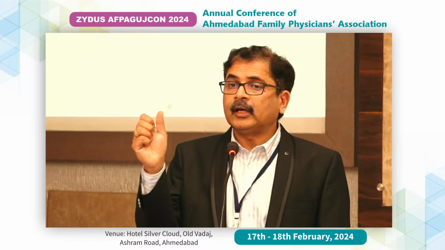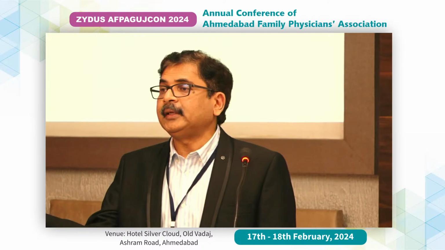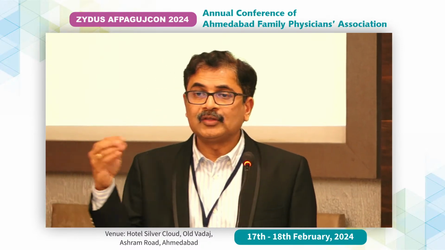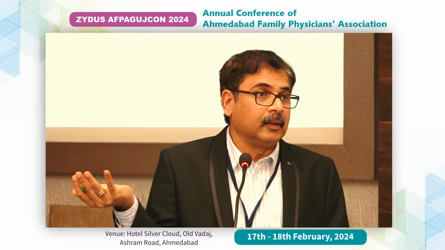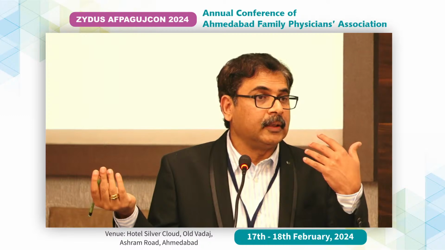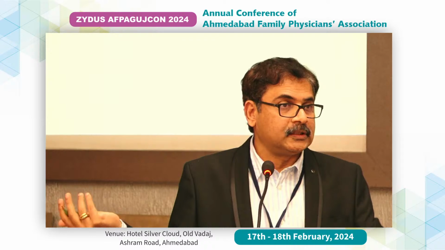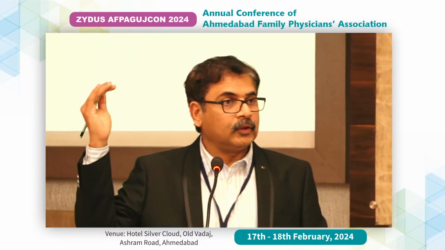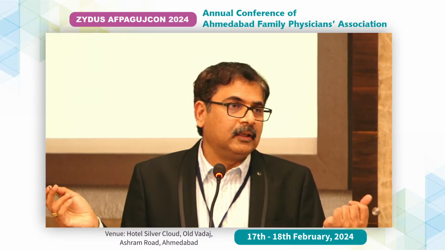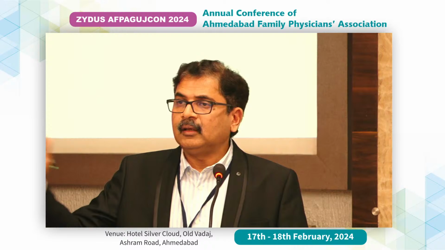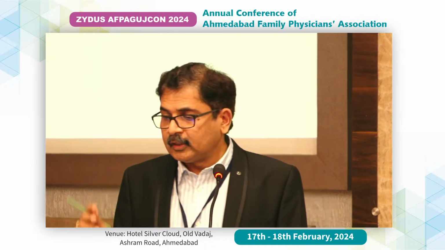It's good to get a CBC to look at the platelet count, do a simple bleeding time to rule out platelet dysfunction, PT, APTT, simple tests easily available, because sometimes mild von Willebrand or mild hemophilia will get missed and then the patient goes and bleeds on the table. We've had so many instances where a patient goes for tonsillectomy and then they say the bleeding doesn't stop at all. Then you realize that the APTT was prolonged, nobody checked, and then the call comes to the hematologist saying come and control the bleeding. So it's something which is preventable. And these are very simple tests available in most places. Every small lab will at least run this much. So it's always worthwhile to do that.